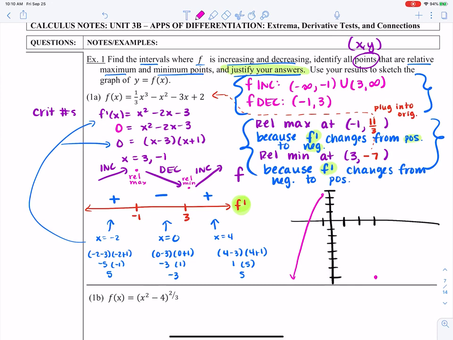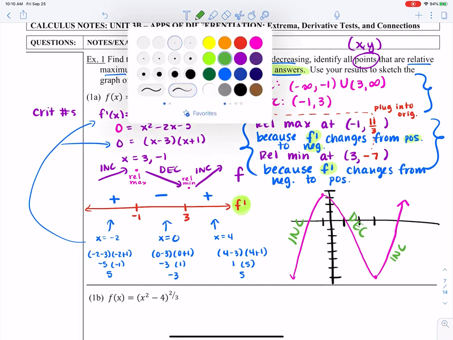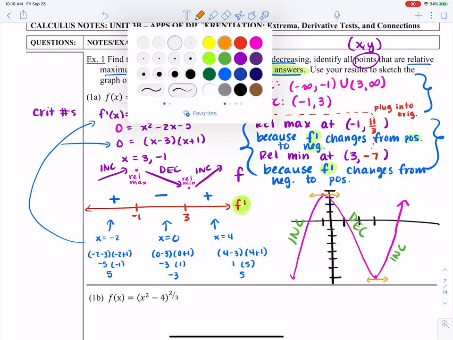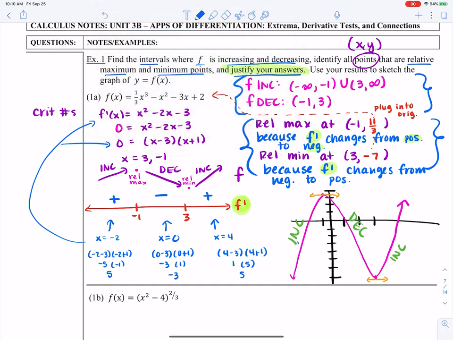I know that my function is going to increase up to this point, decrease up to this point, and increase up to this point. And I can see all of the pieces that I found. Increasing, decreasing, and then increasing again. I can also see from this graph that here are the places where the derivative is 0. I can also see from this graph that here are the places that has positive slopes, negative slopes, and positive